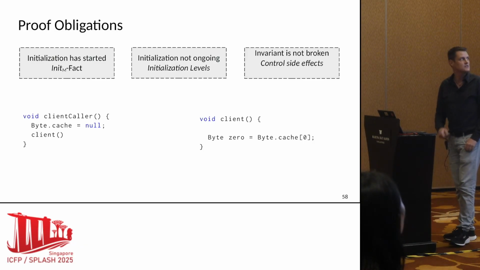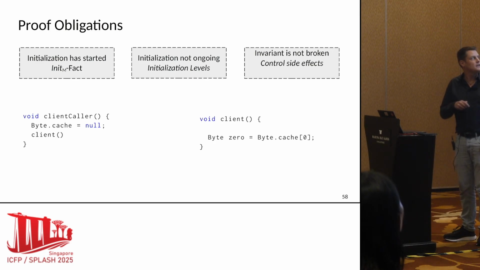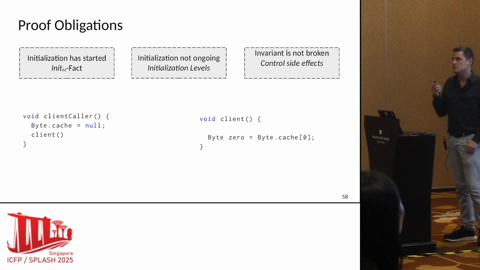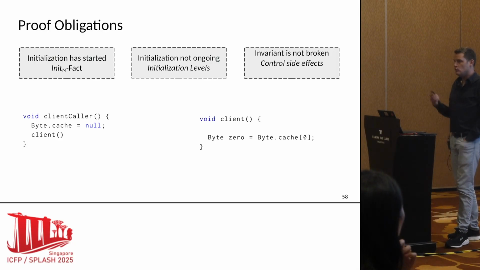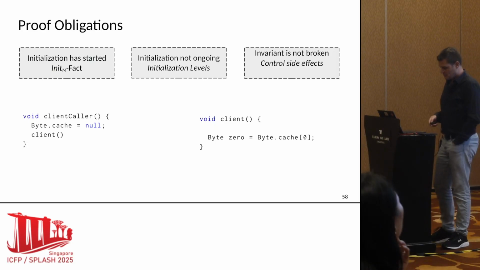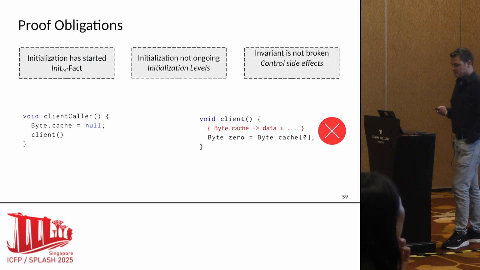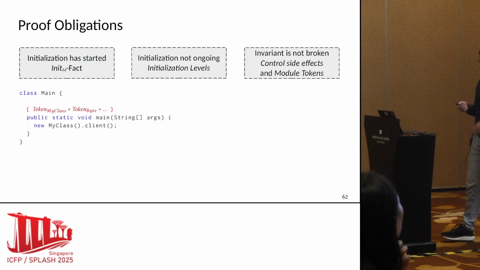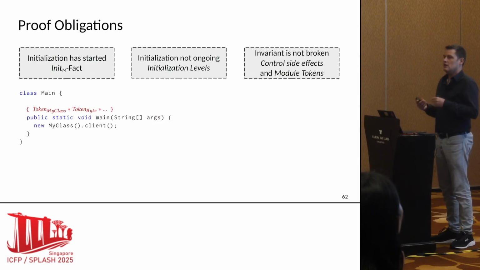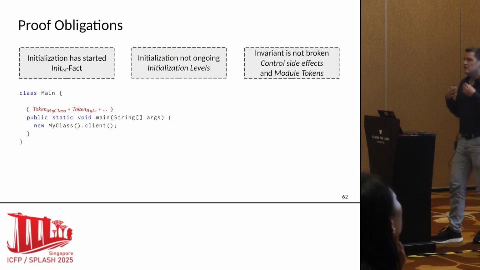For example, we could have this client caller here that calls our client in a state where the invariant is temporarily broken. So again, in the client here, it would be wrong to assume that the invariant holds. So for this final problem, we introduce a notion that we call module tokens. So that's a separation logic resource that essentially represents the right to use the invariant of a module at the current point. So initially, these are all given to the main function, and the main function can then pass them